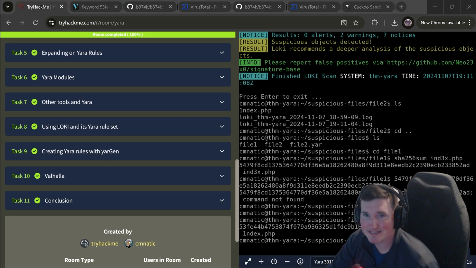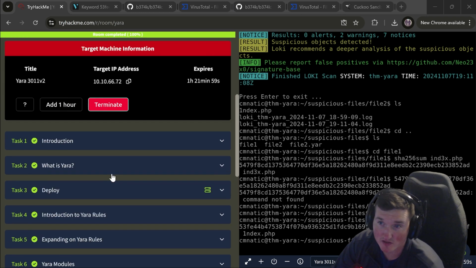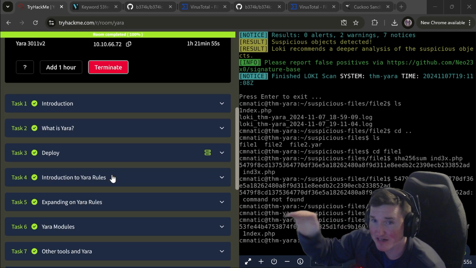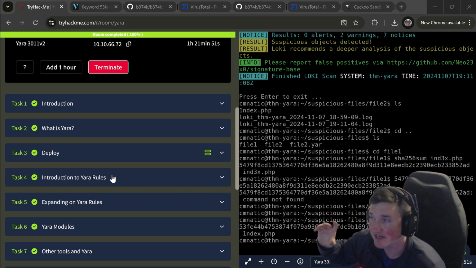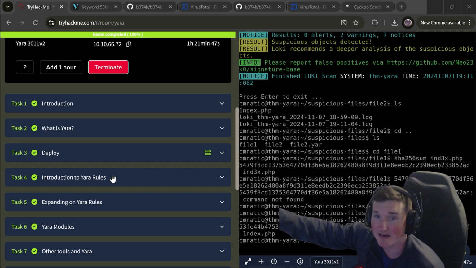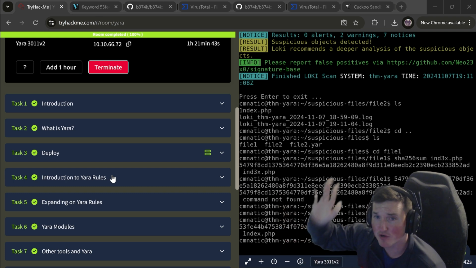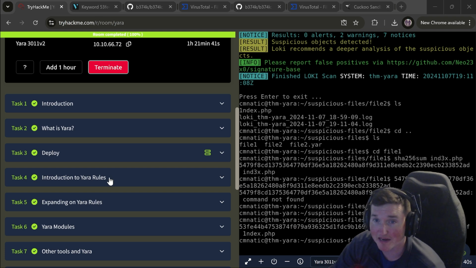But let me know what you guys think. This is a very good box to learn, because Yara rules can be integrated. They didn't talk about it much here, but they can be integrated into other tools, incident response tools, and that's where real value lies. Because if I get something that comes in, I can generate a Yara rule, put it in my SIEM or my alerting tool or whatever I have, and then boom, I don't have to worry about it again. It will alert me every time from now on.